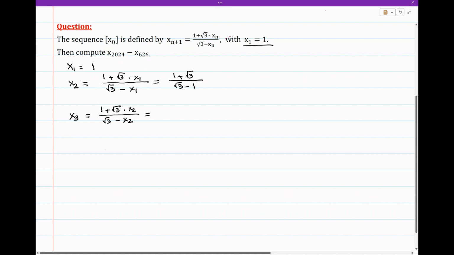We have just now calculated the value of x2, so let us put that in this expression, and we get (1 plus square root of 3 multiplied by x2, that is 1 plus square root of 3 divided by square root of 3 minus 1) whole divided by (square root of 3 minus, again x2 is 1 plus square root of 3 divided by square root of 3 minus 1), and this is equal to